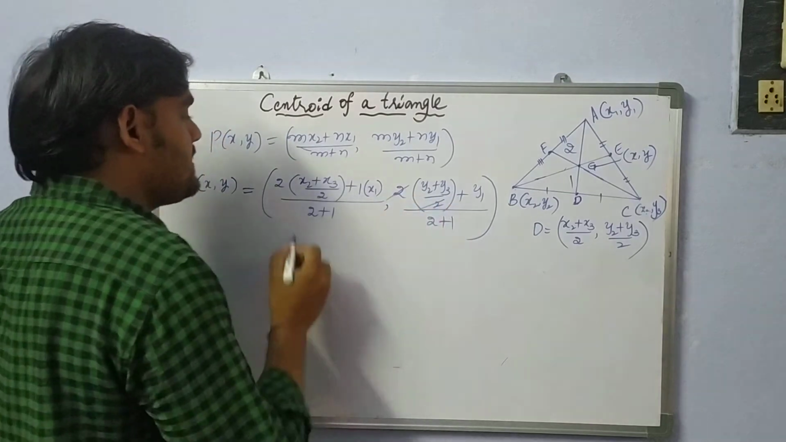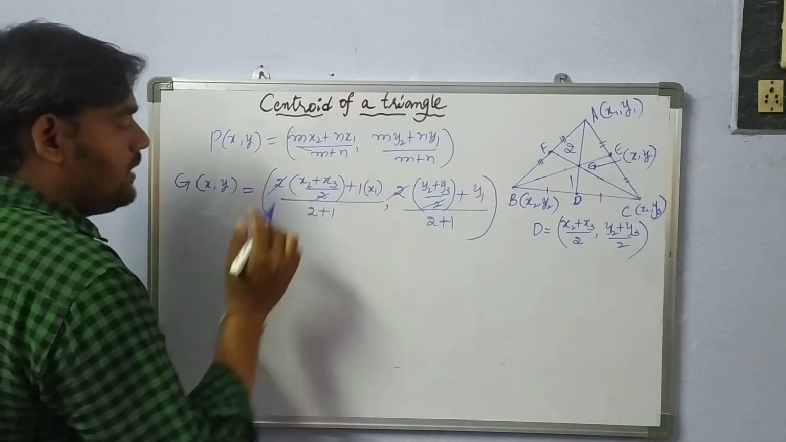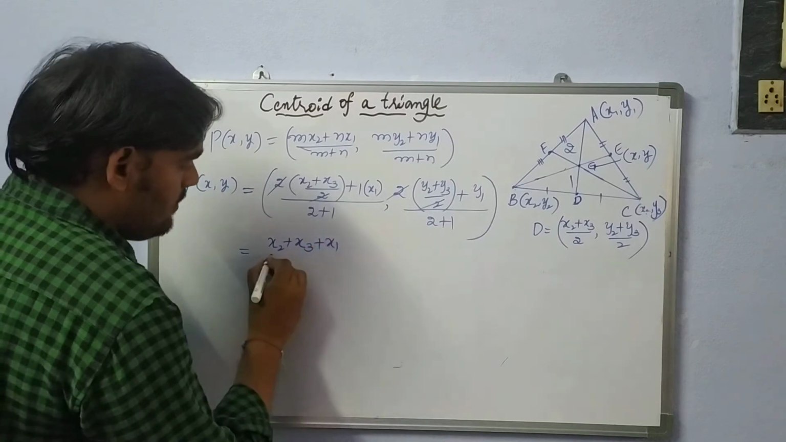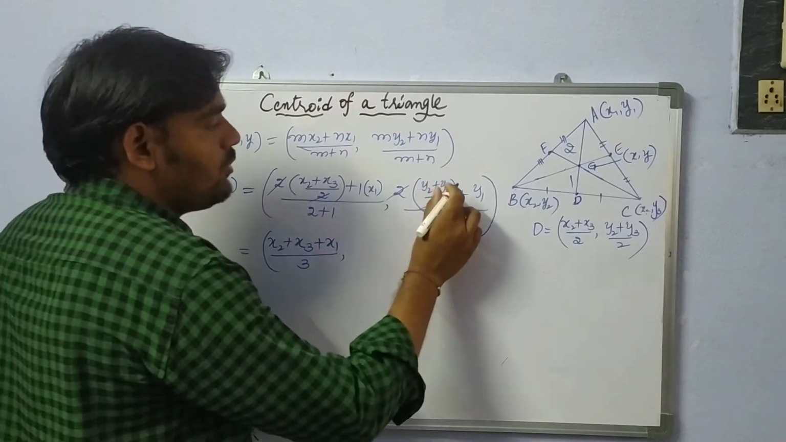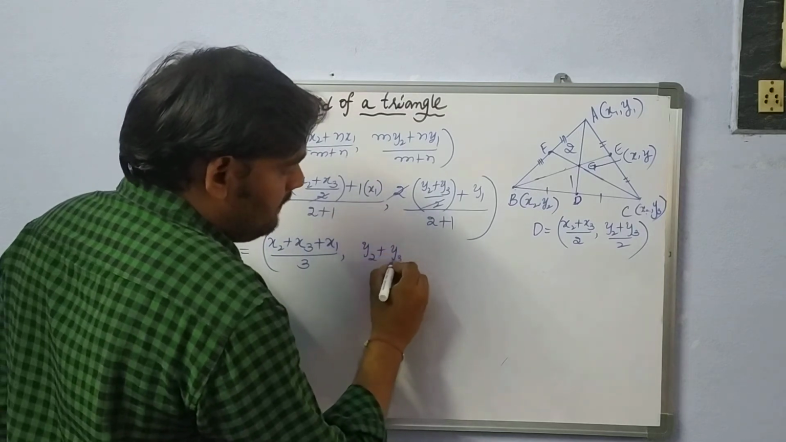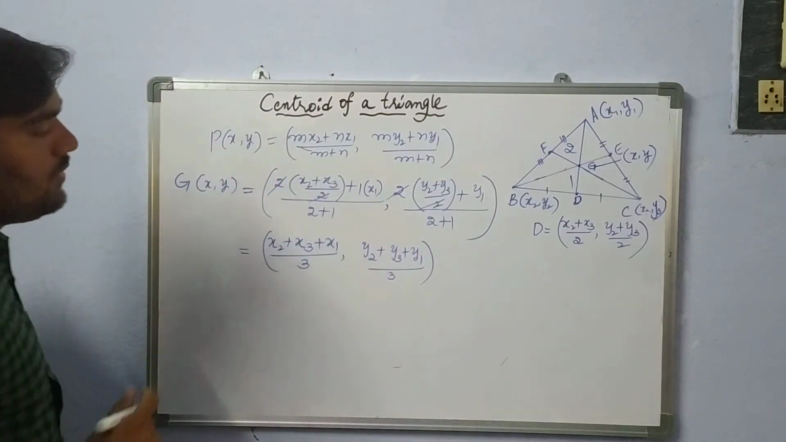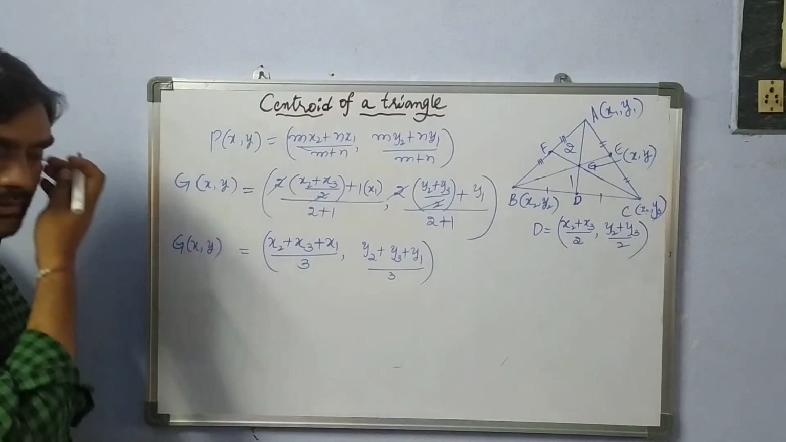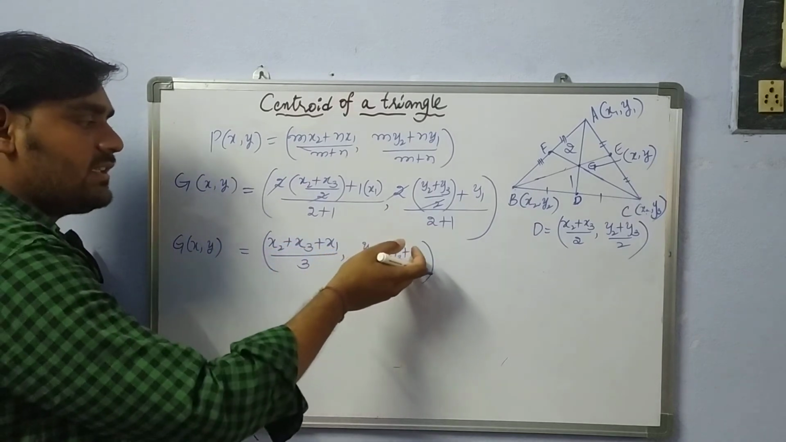See here, 2 gets cancelled, here also 2 gets cancelled. Now (x2 plus x3 plus x1) divided by 2 plus 1, that is 3, comma (y2 plus y3 plus y1) by 2 plus 1, that is 3. So this is the formula of the centroid G(x, y). G(x, y) is equal to ((x2 plus x3 plus x1) by 3, (y2 plus y3 plus y1) by 3),